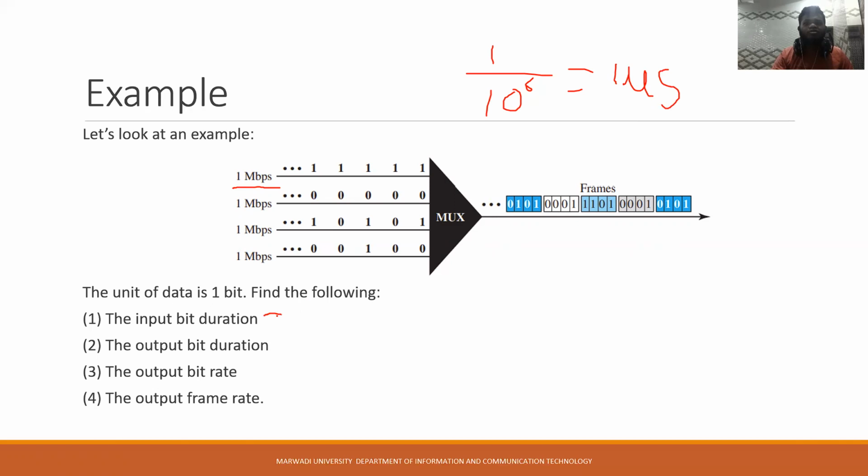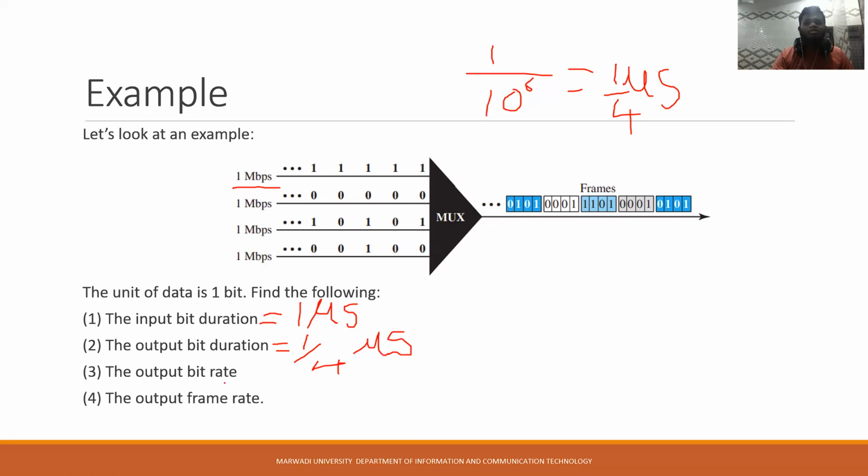So the input bit duration will be 1 microsecond. Output bit duration. So what we have, the T here, this is 1 microsecond. Now we have 4 connections. So we have to divide this by 4. So the output bit duration will be 1 divided by 4 microseconds,